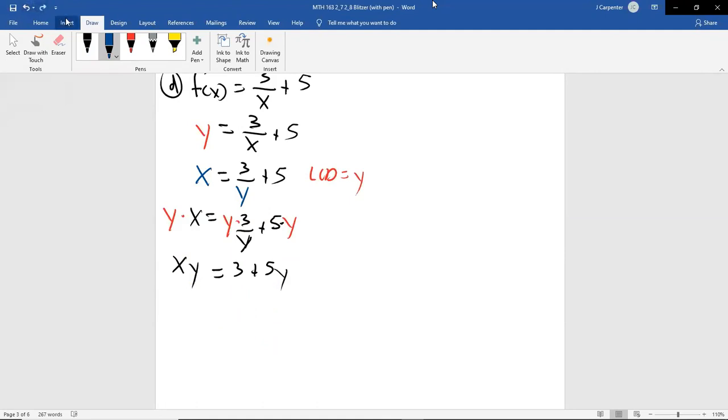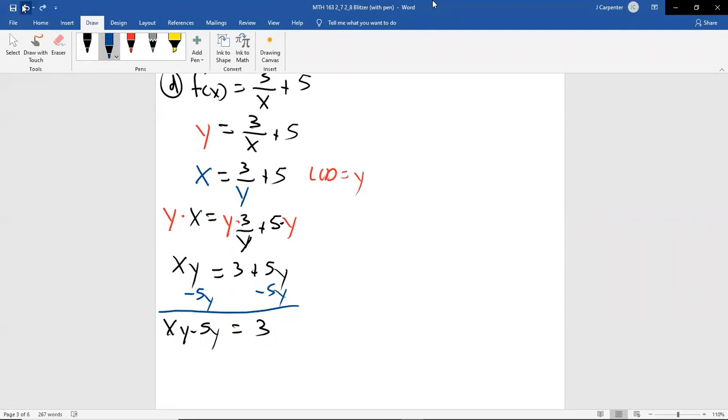So I will write down the algebra this time because it's a little uglier. I'm going to subtract 5y on both sides. Again, not the only way this works. Those are not like terms. Do not try and combine them. But now I've got everything with a y on one side, everything that does not have a y on the other side. Why are we doing this?